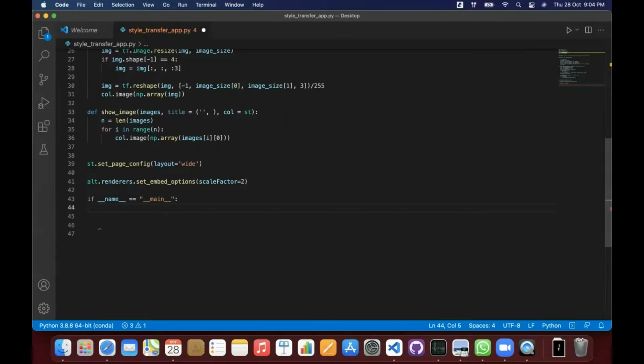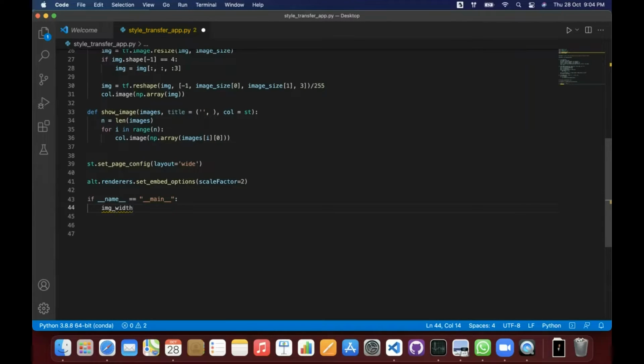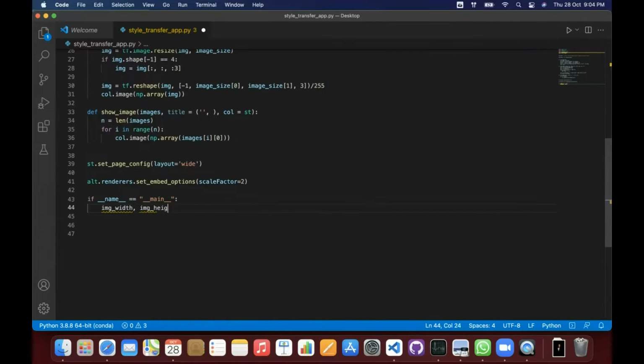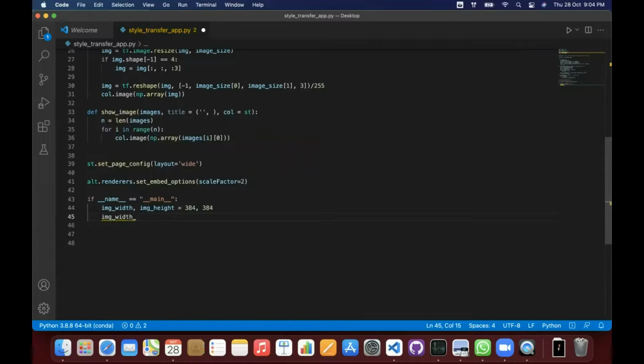I'll write img_width, let's create img_height as well, and by default I'm assuming that 384, 384 would be fine. Then I'll write img_width_style, img_height_style, sorry, my bad, is equal to 256, 256.